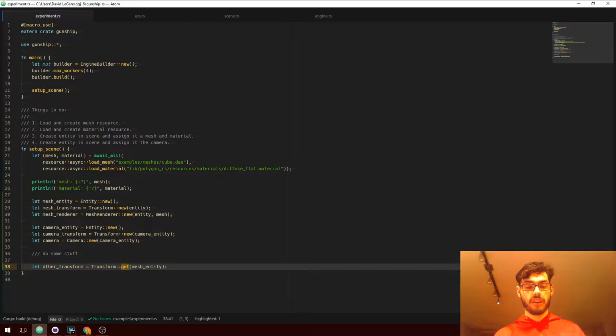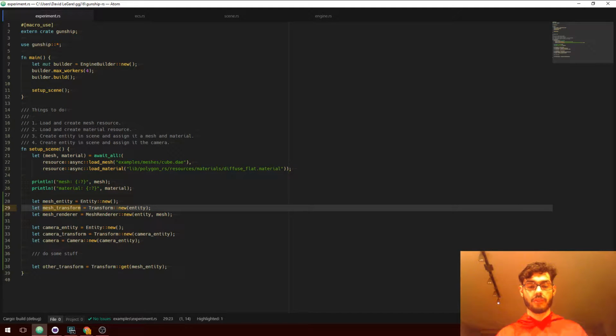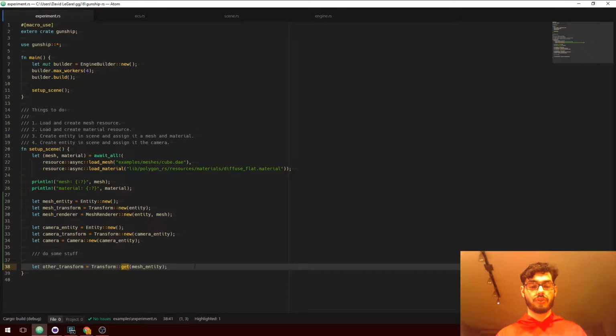So this could say, oh, if there's already a borrow out on the mesh transform, panic. Basically say, oh, you got a bug, you shouldn't have been doing that. Or in a multi-threaded context, do a mutex lock, block the thread until another component gets there. In the case of the mutex lock, that works, but it's a performance hazard.